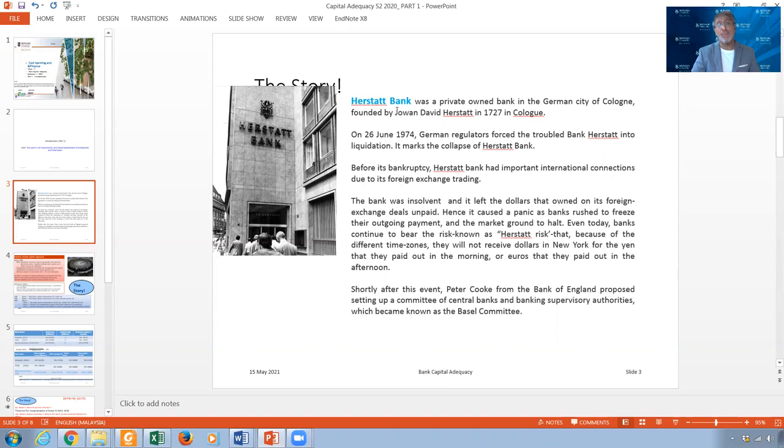So they decided to do something about it to protect banks from collapsing. There was a call by what we call the governor of the central bank of the UK. And then they started to meet in Basel. Basel is a city in Switzerland. They met there and they started to actually regulate what we call the capital. And they agreed on those big economies,